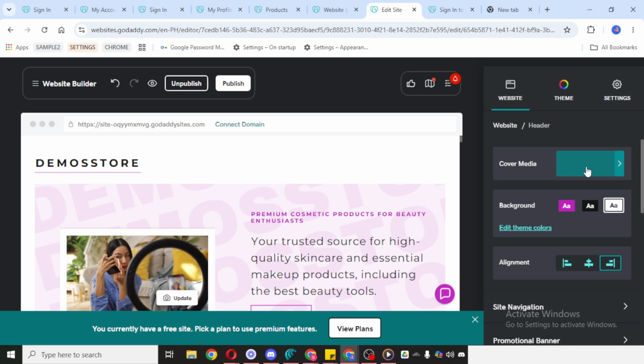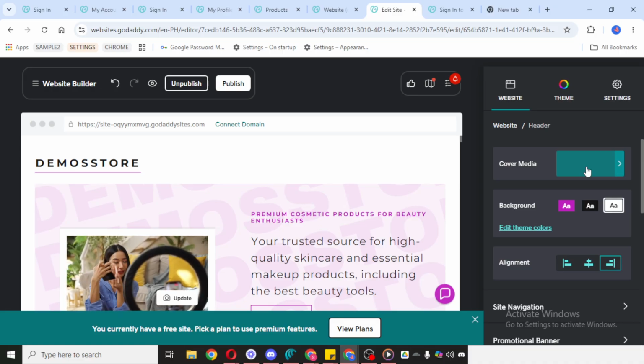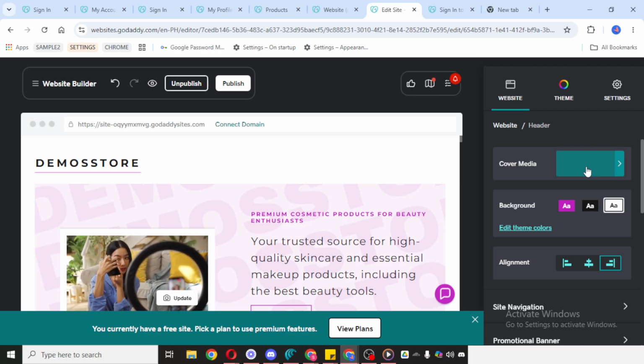Take a moment to review the page after making your changes. Make sure the visuals, colors, and text style all work well together. The goal is to create a landing page that looks appealing right away and clearly represents what your website is about. Once you're happy with everything, click Publish. This will make your updated landing page live so visitors can see the changes. And that's how to create and customize a landing page on GoDaddy website.